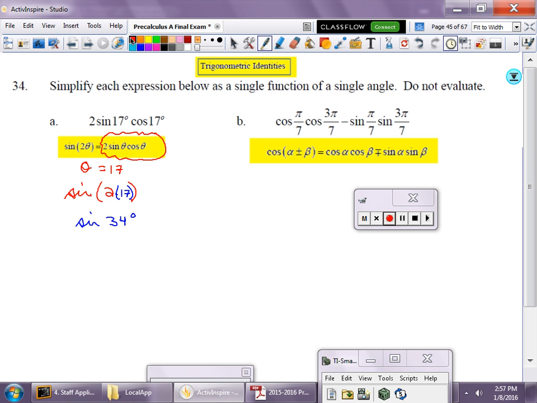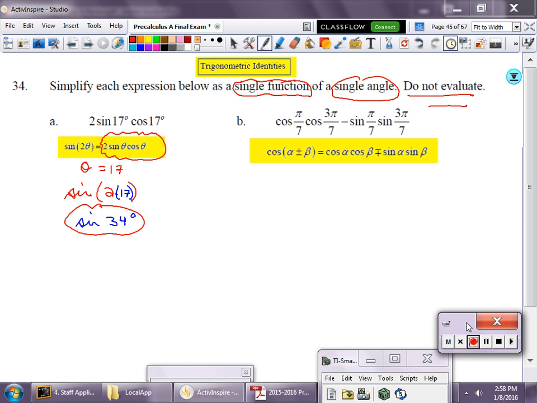Now, this might seem a little odd. I'm looking at identities, but again, let's reread the directions. The directions say, simplify each expression below as a single function of a single angle. Do not evaluate. So this is a single function, 2 sine theta, and this is a single answer, which we did not evaluate. Okay, so now let's move on to B, and the same pattern, we're going to analyze